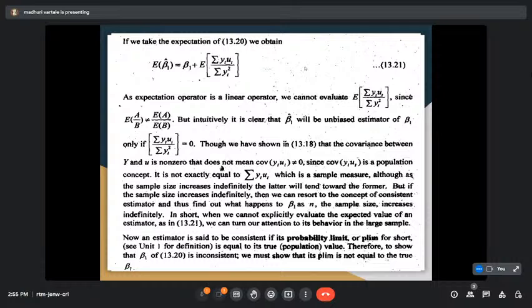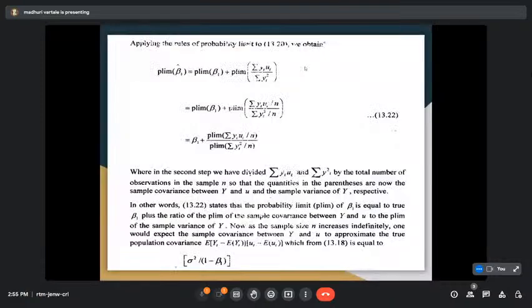So here there is a sentence that is now: an estimator is said to be consistent if its probability limit is equal to its true value, or we can say the population value. Therefore, to show that beta 1 is inconsistent, we must show that its plim is not equal to the true value of beta 1. That's it. So applying the rules of the probability limit that should be maintained by the equations, and where in the second step we have divided,